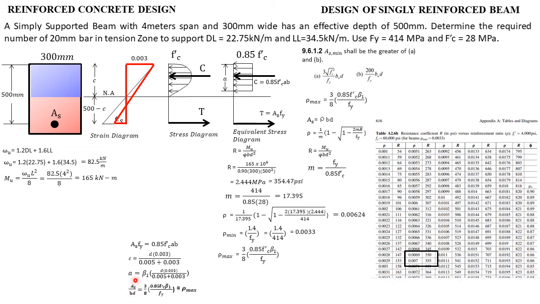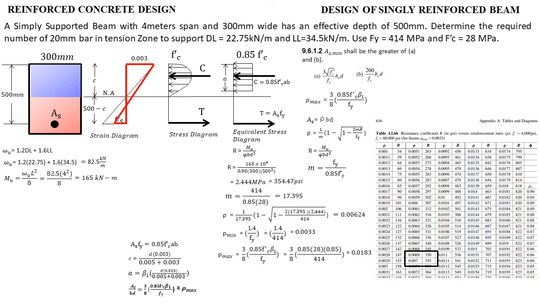Okay, AS over BD is raw. Okay, so I think hopefully na naintindihan natin kung saan nanggaling ang raw max natin. Okay, and now pwede na nating ituloy ito. So raw max, and then we'll substitute values dito sa F prime C, beta 1 and Fy, and will give us the value of 0.0183